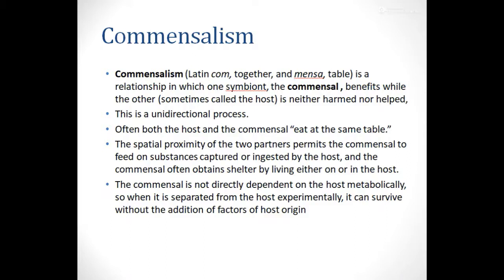You can just imagine a situation in which you have a rich person eating food at his table, and he leaves some bones down. The dogs found in close proximity to the table can take these bones. In such an example, even if the dog is separated from the rich man's table, it can survive, but it gets a benefit when it stays close to the table. In the case of bacteria also, such a type of relationship can be found.